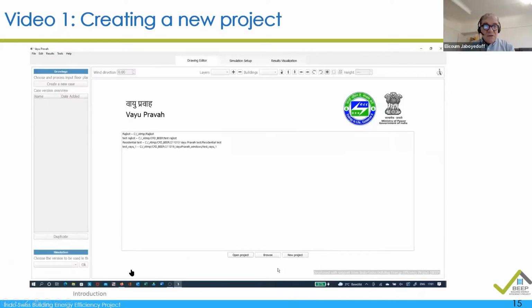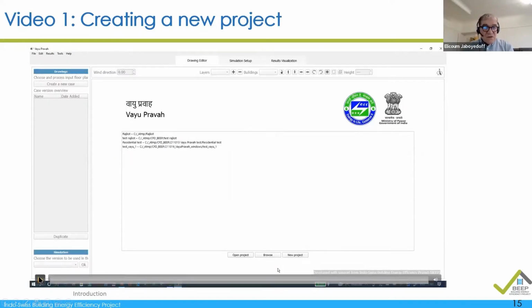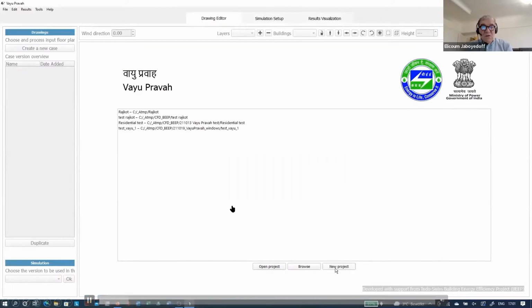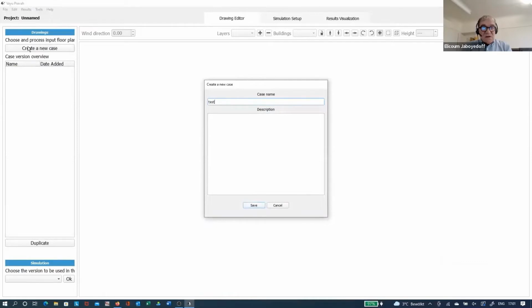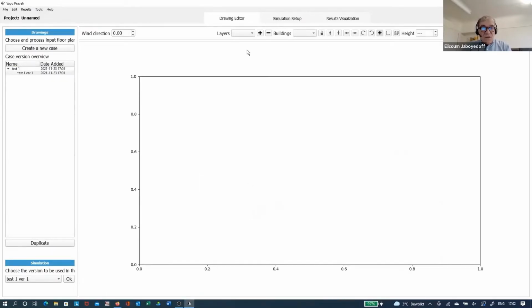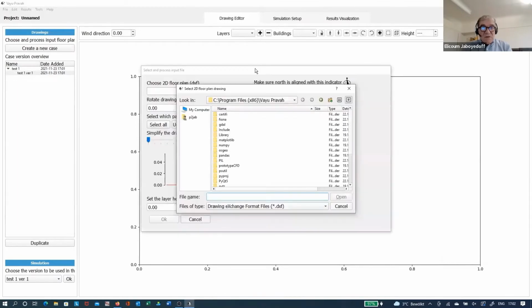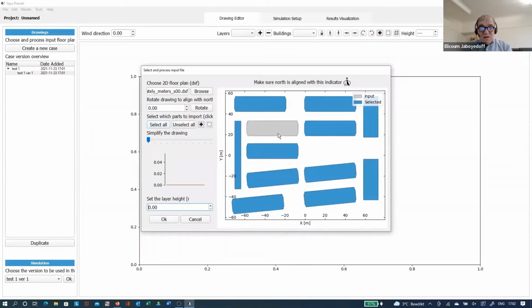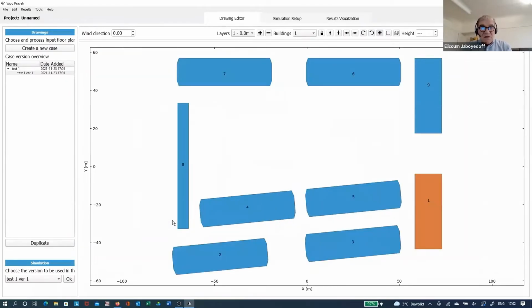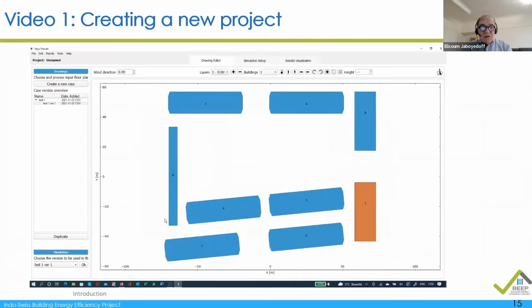And then we just show here, to see on the interface in a dynamic case, you can create a case, you can give a name, and if you want to save the name, then you create a new case, and then you go and import a DXF environment. Then you can decide if you want to remove some of the elements. Then it starts from the ground, and then after